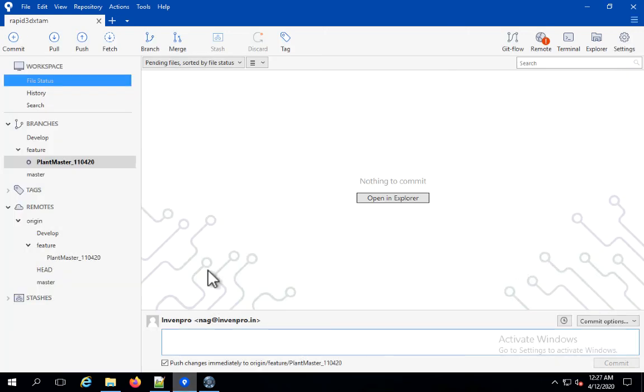Okay, now the changes are committed to the feature plant master. So this is the everyday activity I should do to commit the code to the remote repository. But now, how will I bring this to the develop branch so that any new developers can pull it into